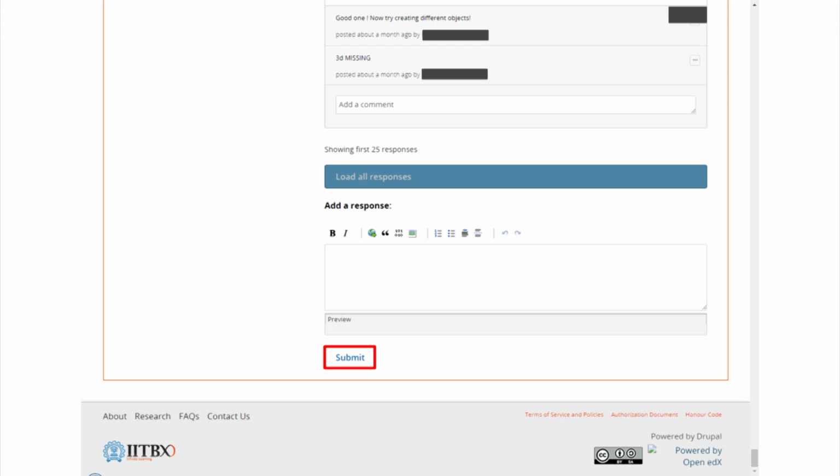Remember to use the formatting features available here, such as font, bold, italics, bulleting, and adding links or hyperlinking as required. Make full use of these features to make your post as clear as possible and as readable as possible. Once you are satisfied, click on submit, which will be then appearing inside this particular thread.